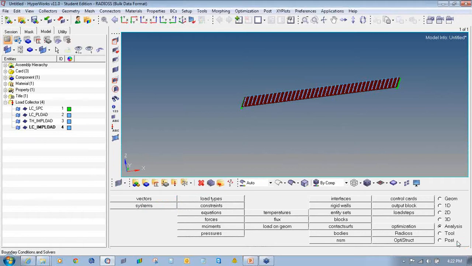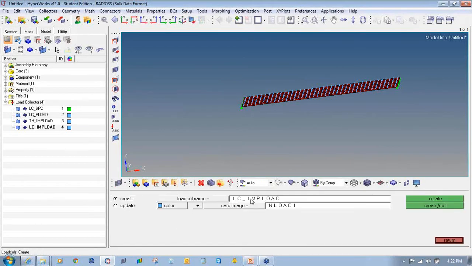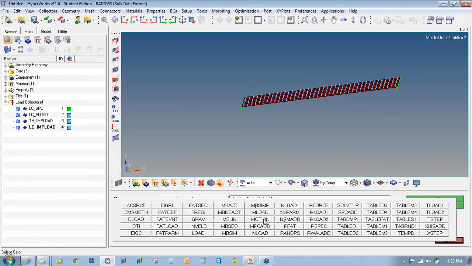Now we'll define implicit analysis parameters. So we'll enter the load collector name as LC NL param with card image as NL param.